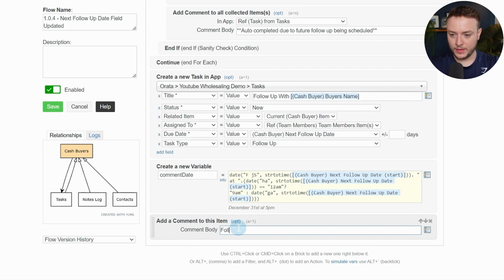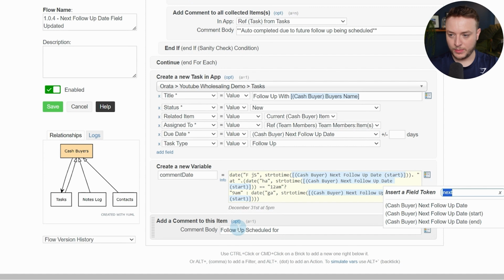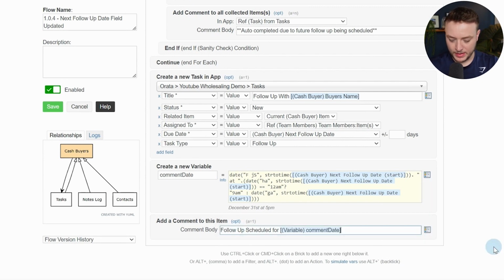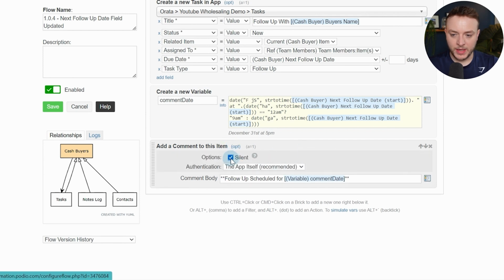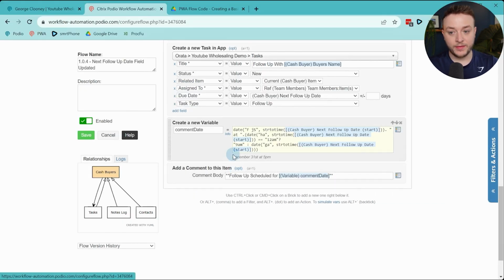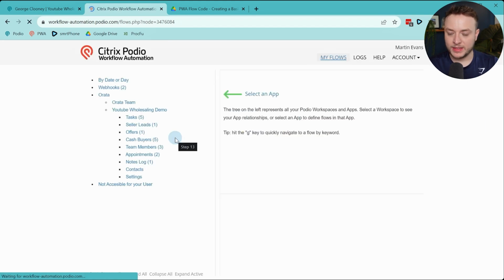And then the last thing is to add the comment. Just follow up. And then we add in our variable. And we can put asterisks at the beginning and at the end to make the comment bold. All right. I would make the comment silent just so it doesn't add a notification, but again, it's up to you. Let's give it a test, save it,